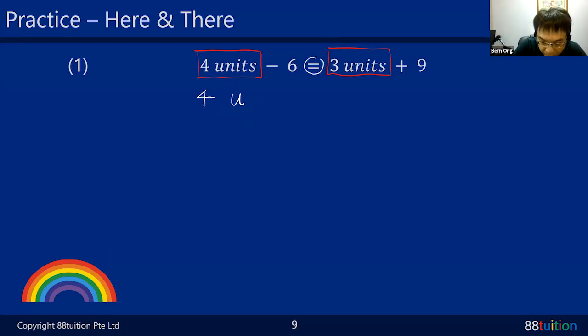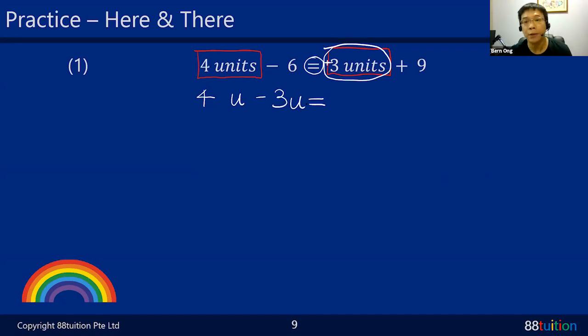This is the equal sign. The equal sign never moves. So the equal sign is still here, in front of the 3 units. If you never write anything, it's always a plus sign. So the plus belongs to the 3. If you bring this whole thing across the equal sign, plus 3 becomes a minus 3U. It's very fun.